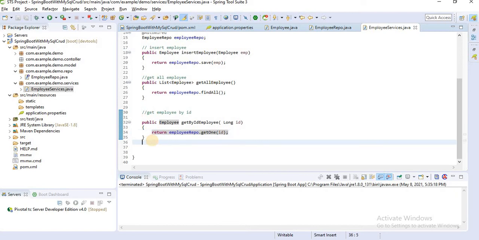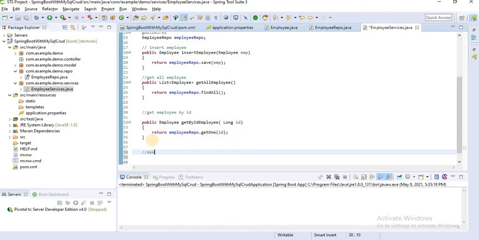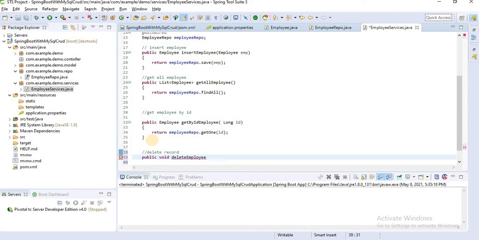Then we have one more, delete record. Public void delete employee by id. Here also we have to pass long id.